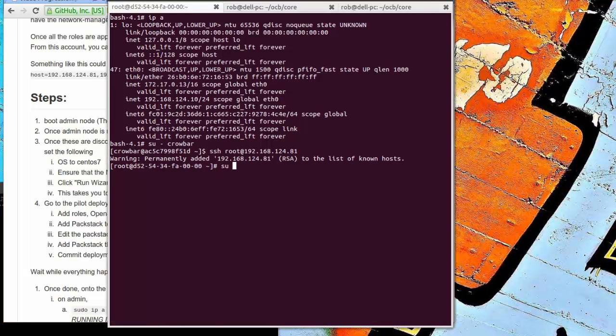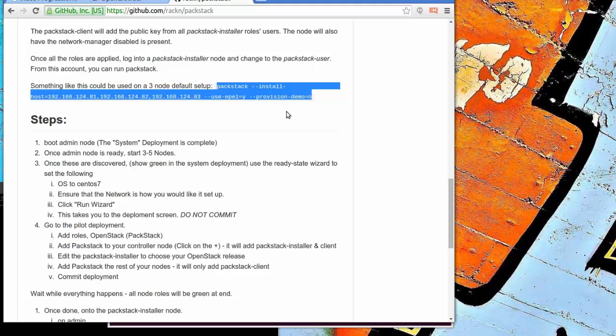I need to be the PackStack user. So PackStack installs as the PackStack user. Crowbar preps that environment, creates that user for us to do that. And then I need to actually run the PackStack install. So let me grab this